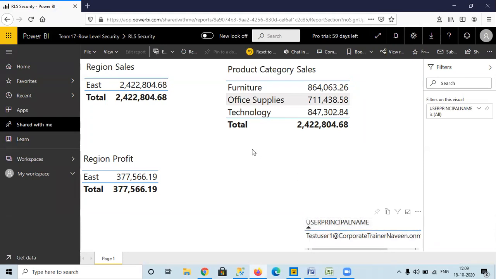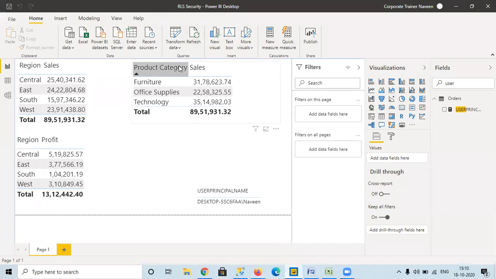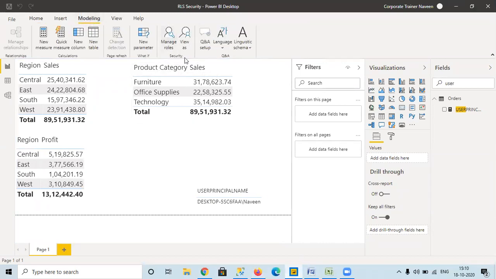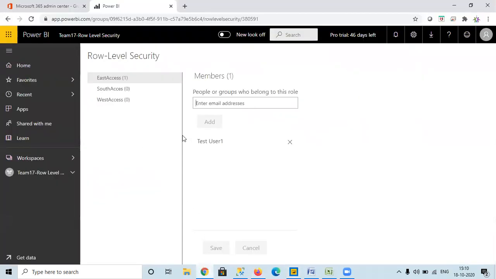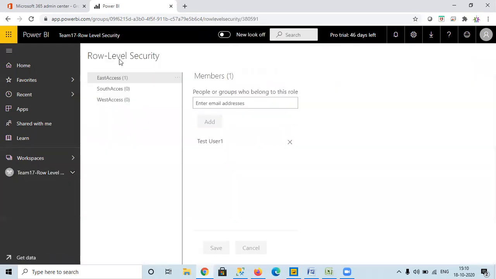Okay, is it clear, guys, how to implement the static way of row level security? The only thing is we go here, create Manage Roles, static roles like this, and publish them to the server. If you are the administrator, meaning the owner of that workbook, you go to the datasets area, to security. We need to add the access he wants based on the roles we created, so that he can access the data. Okay, so this is very simple, creating row level security in the static way.